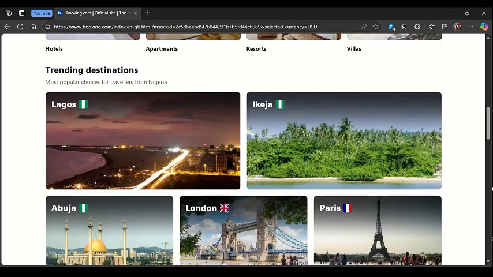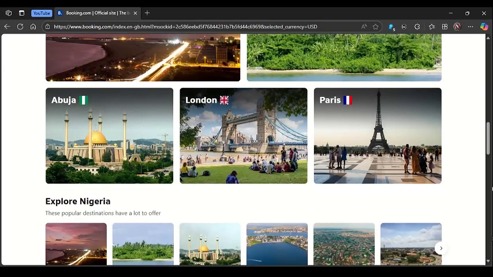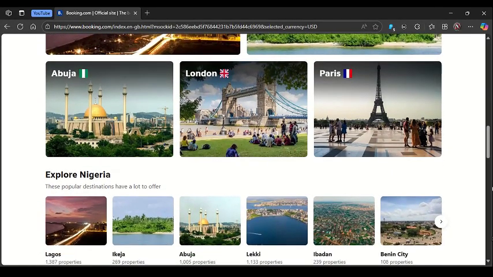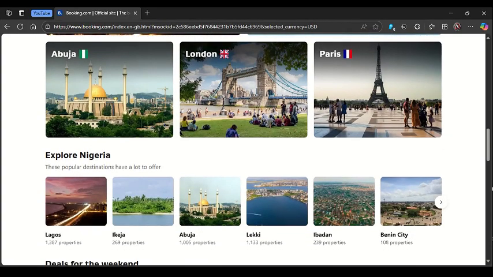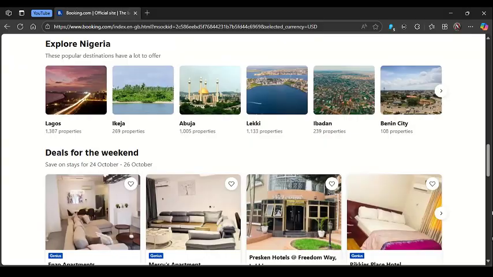Then inside the my trip section, switch to the past bookings or completed trips, then tap to see all your previous stays. Now click any booking to view details such as the hotel name, the stay date, the price,